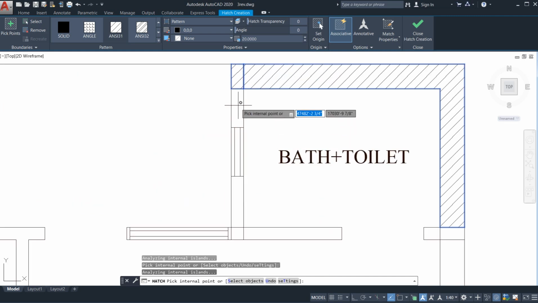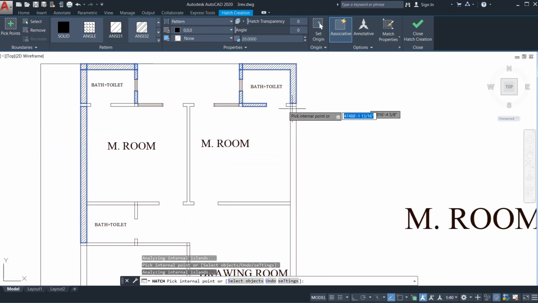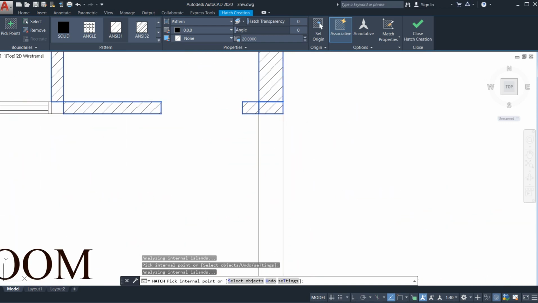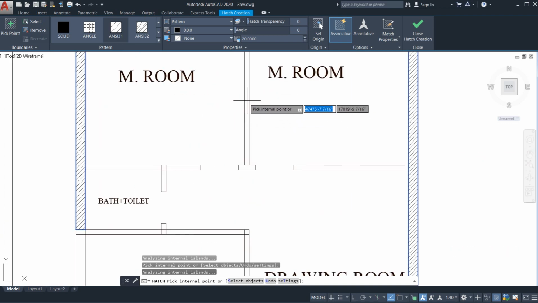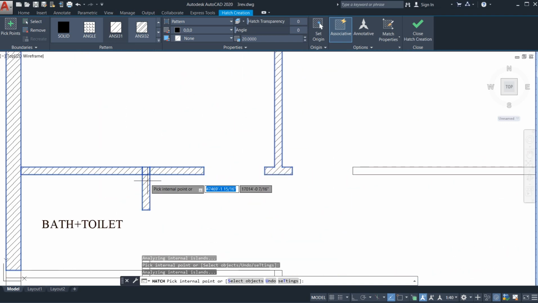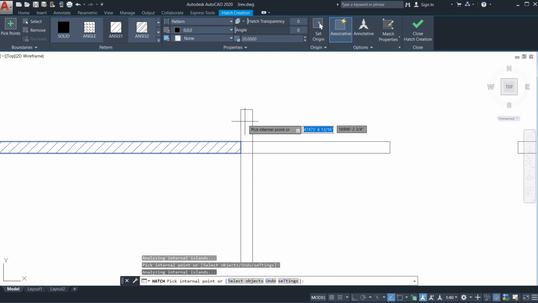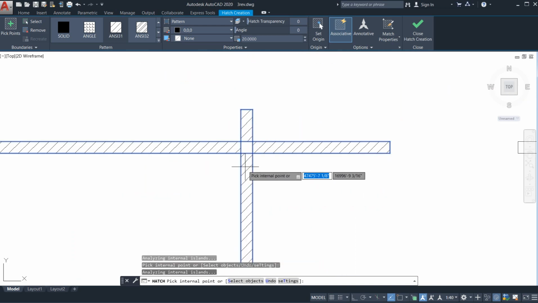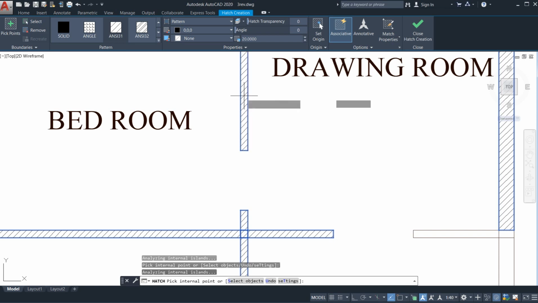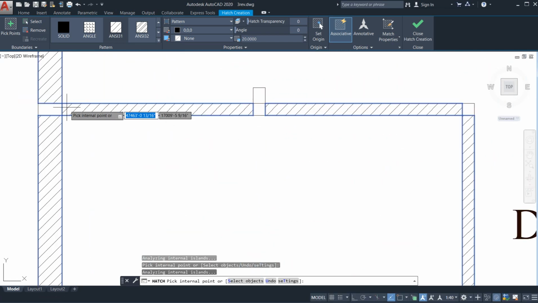Okay, so right like this you can do your hatching everywhere, and wherever the windows, wherever the ventilations are required, you can do this manually, right? Just go for simply, don't be in a hurry. So you can do it like this. So your plan looks quite good, and that will be very attractive to your clients, or it will increase your working skills as well as your practicing power.